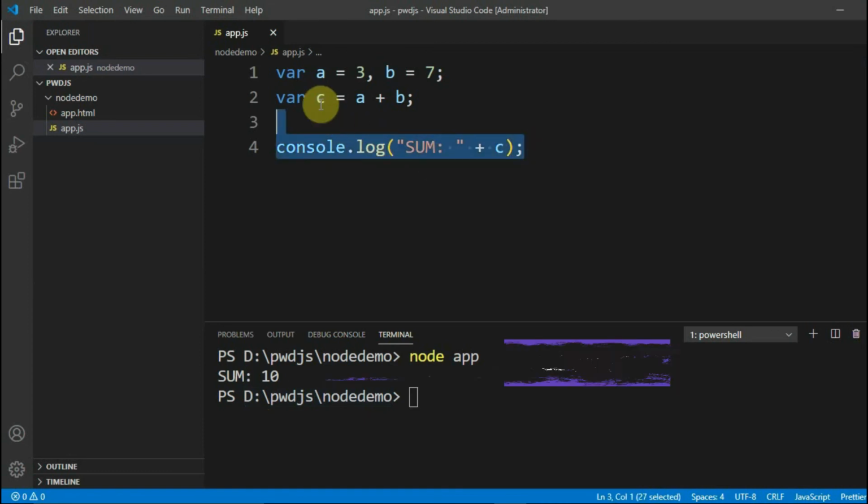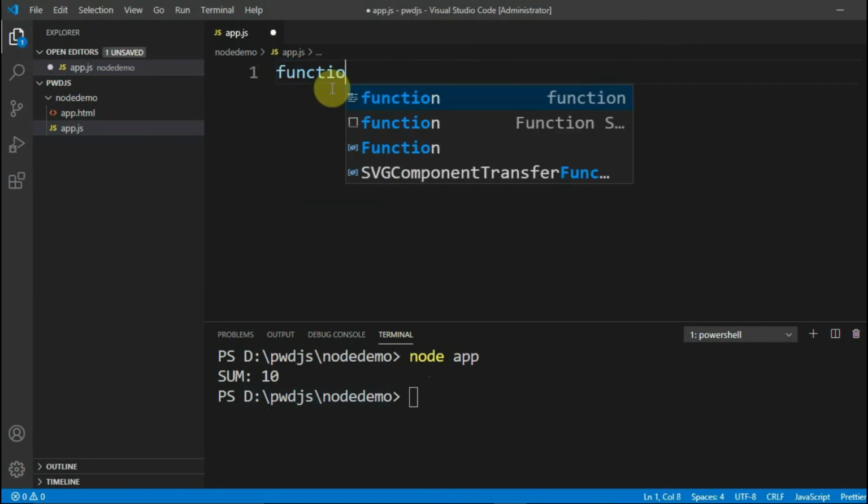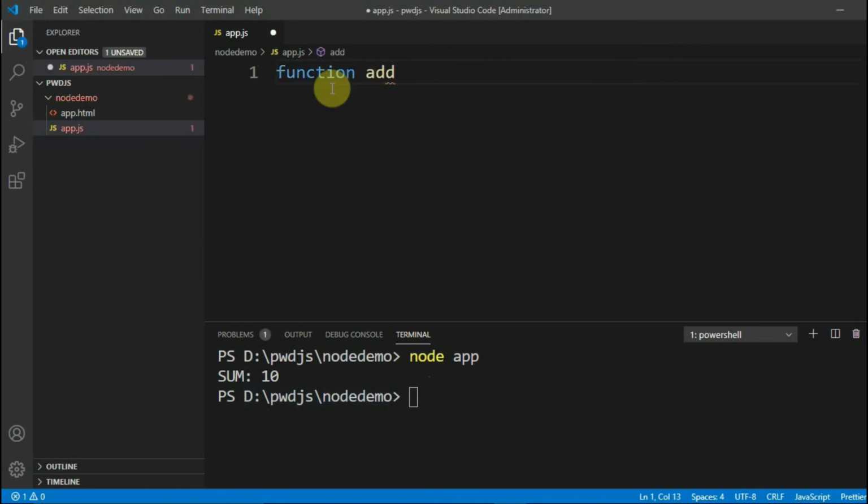Now let me create a function add which contains two parameters a and b and returns the sum of a and b.